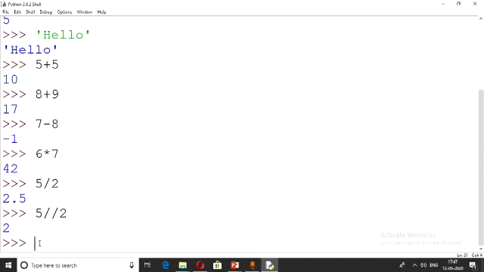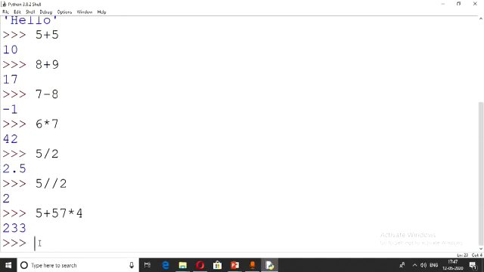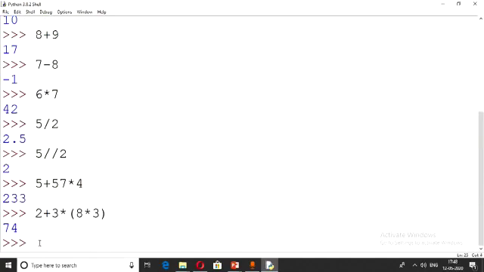Now let us try some big expressions like 5 plus 57 into 4. We get the output as 233. Okay, something else? So it works. Let us take a large number. Can you see?